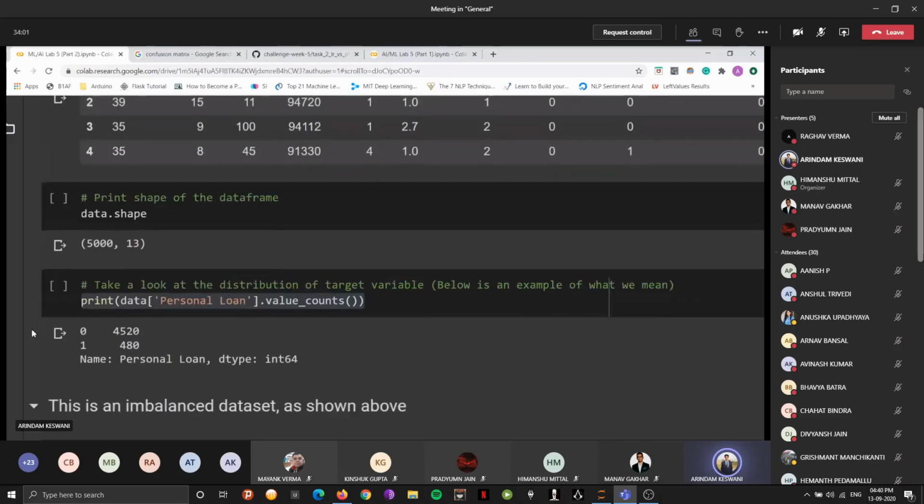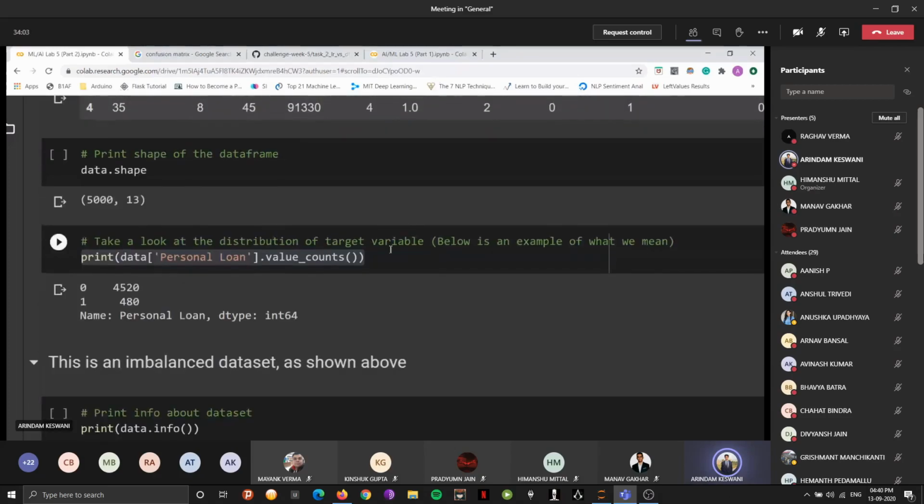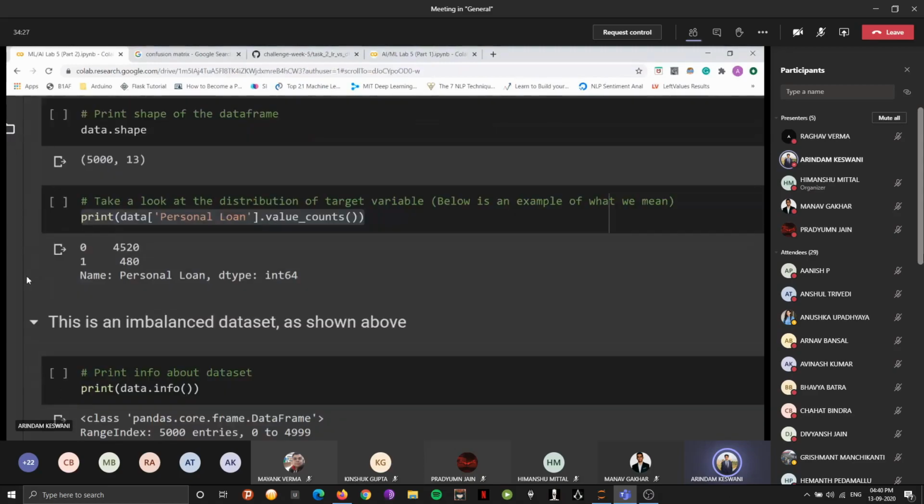So now value counts. One important point here is the value counts. We have two outputs, 0 and 1, as I mentioned before, that the output will be binary in nature. We have 4520 counts of one particular value, that is 0, and 480 of the other. So we can say that the data set is very, very skewed. So how do we work with such a data set? As it is mentioned here as well, it is an imbalanced data set, so to speak.